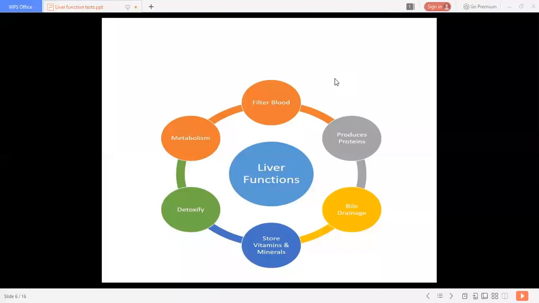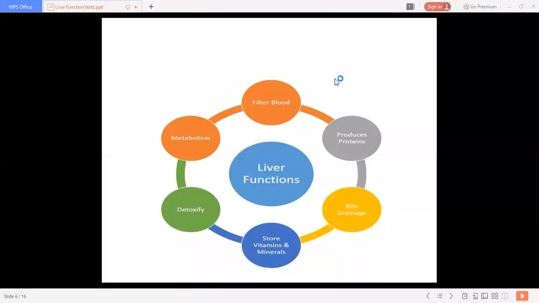That is albumin, globulin, coagulation factor and fibrinogen. Are you listening? Yes, ma'am. These are synthesized by liver, and by judging the levels of proteins, we can evaluate the biosynthesis capacity, or functioning, of the liver. So the important proteins synthesized by the liver are albumin, globulin, then fibrinogen and coagulation factors.